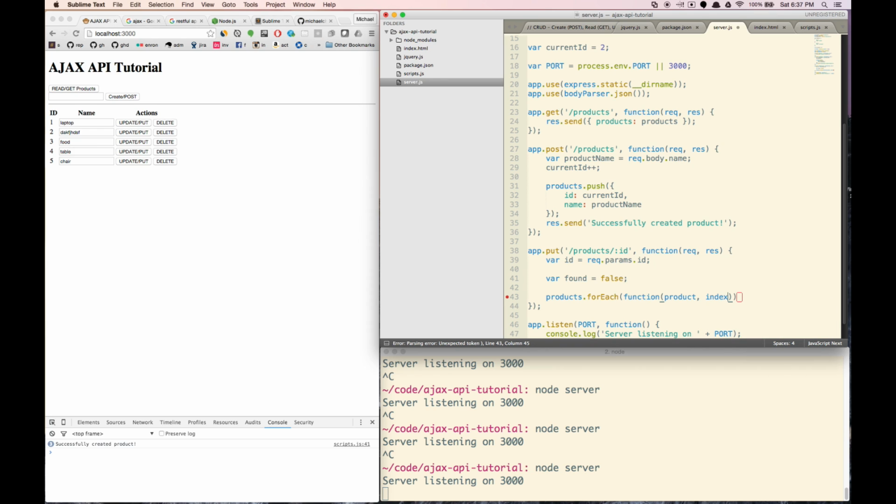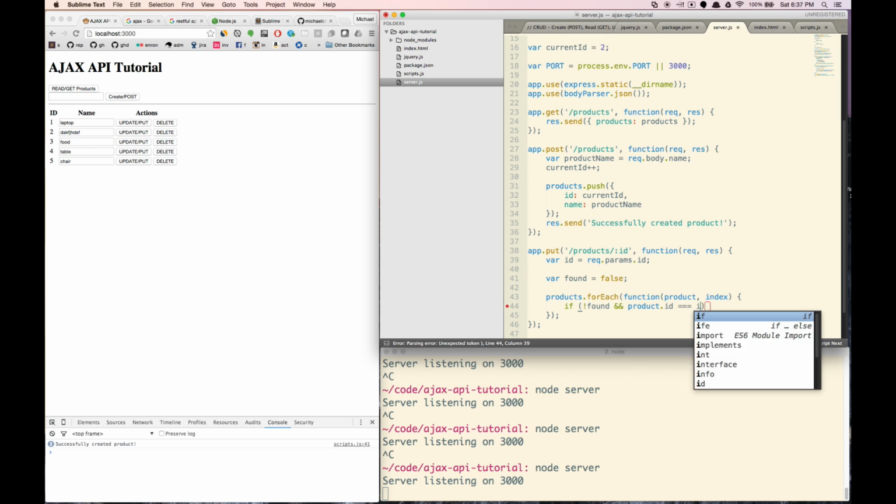And we're not doing any validation for things with the same name. Well, actually, nothing's going to have the same ID. So that's what we're just checking for. If not found, and so that's just to make sure we don't double check once we already find something. And the product ID is equal to the ID that we grabbed from the URL up here. Then we are going to update that